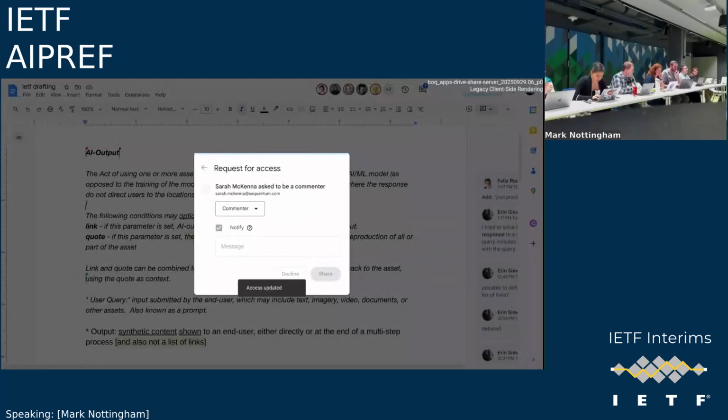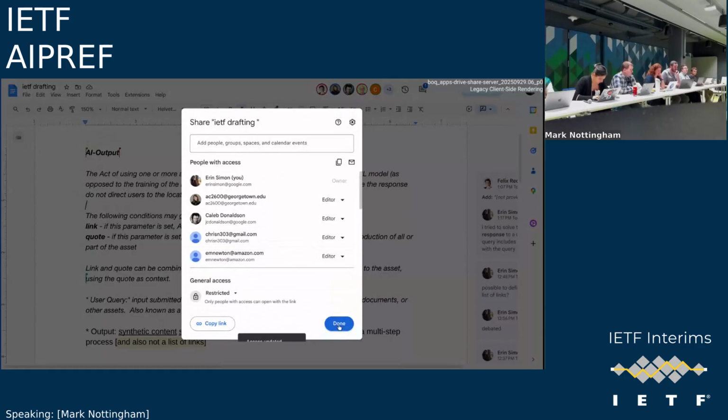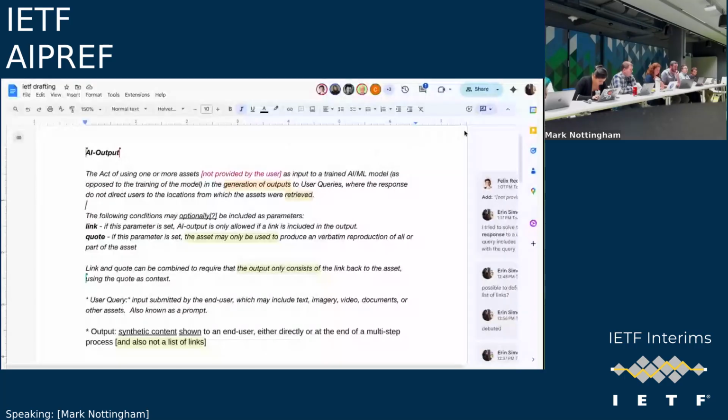If there's a way to express that in the proposal, then fine. That was not what the work of this group is. Sorry, to clarify, the work of this group does not govern whether or not content can be obtained. That's what robots.txt does. The content of this work is about expressing preferences with respect to what happens after that point. So it may influence that decision on the part of a crawler, not knowing that they cannot use something for the purpose that they intend to use it for.